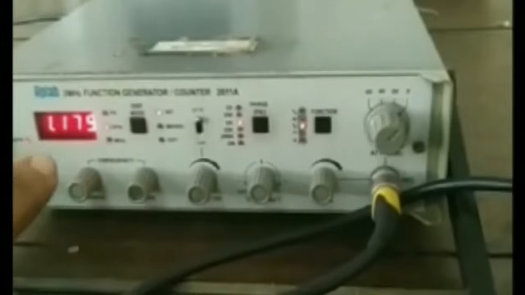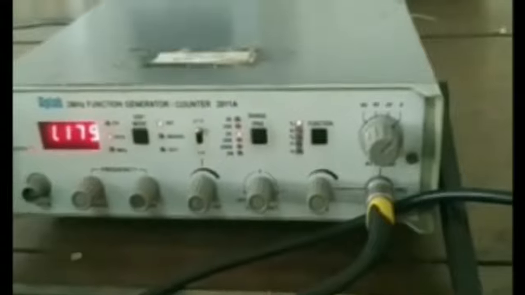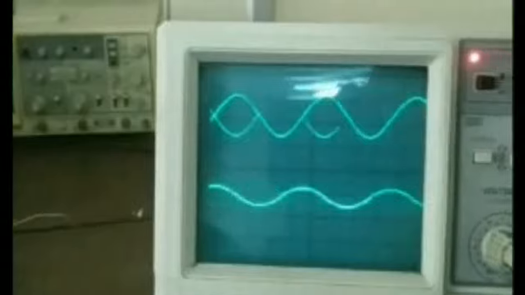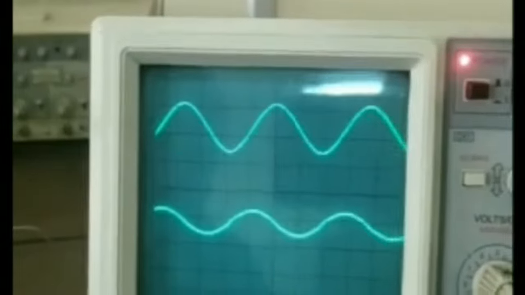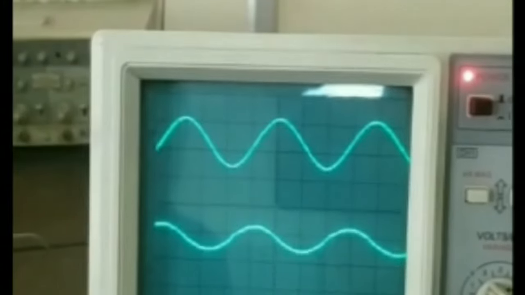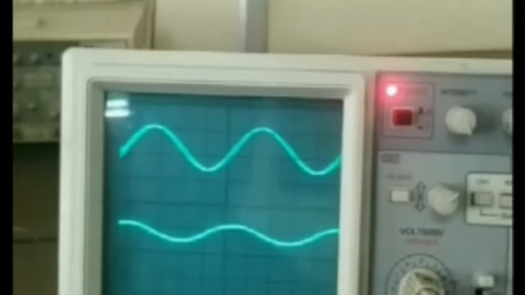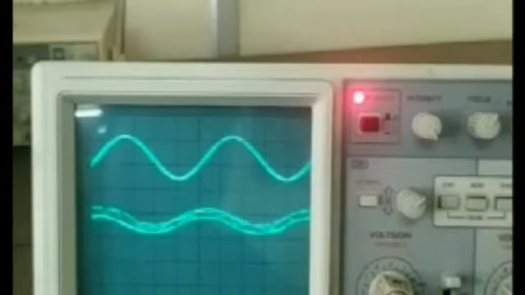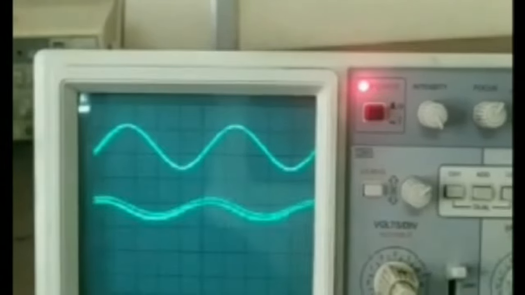To plot the frequency response of the differentiator circuit, we need to give a sine wave. When we give a sine wave, we get a corresponding cosine wave. We plot the frequency response based on this cosine waveform. First, we set input frequency 1 kHz and amplitude of 10 volt. This is our output waveform. Amplitude is 1 division into 0.1. Therefore, 0.1 volt at 1 kHz.